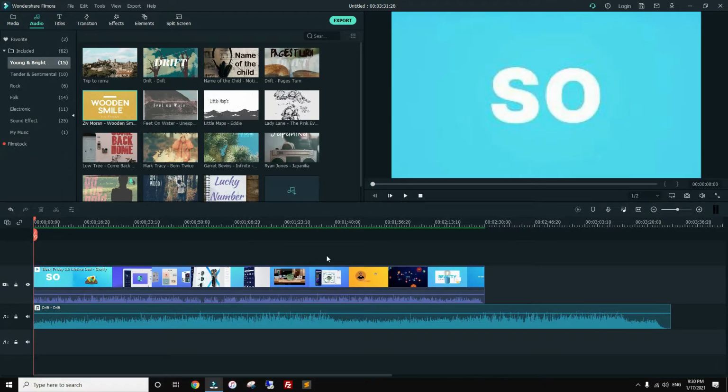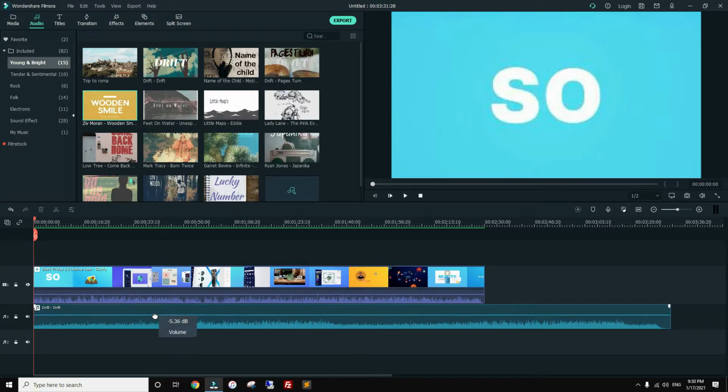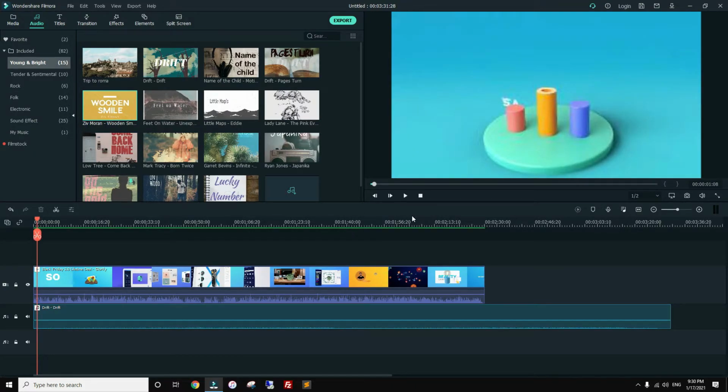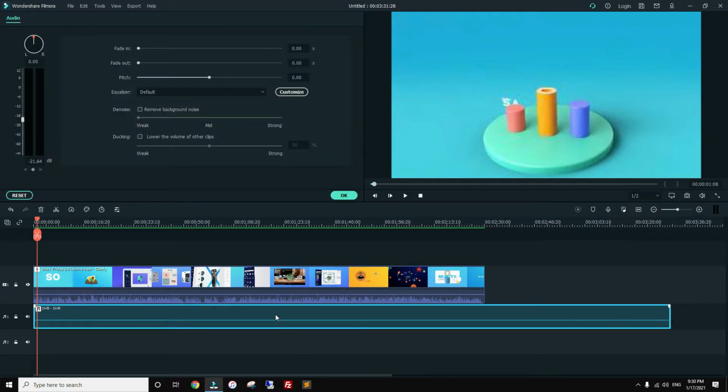So we have added a music track, and if you want to control the volume, this is your waveform, and this is the music that we have added. For this I will drag and drop like this, and you can try playing the video to find the right level for you. If you're having difficulties controlling it like this, you can double click on it, and you can also control it